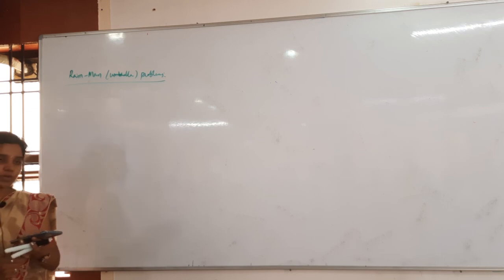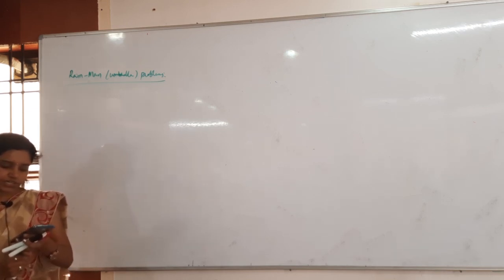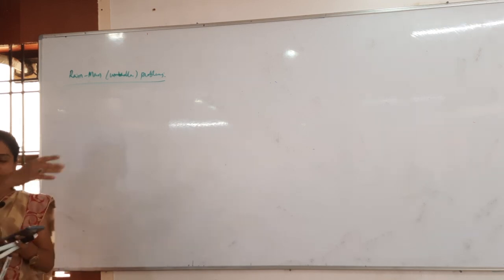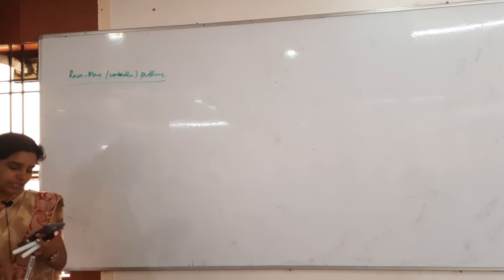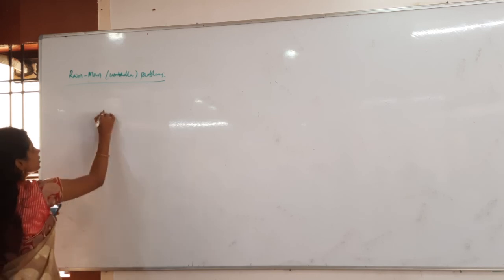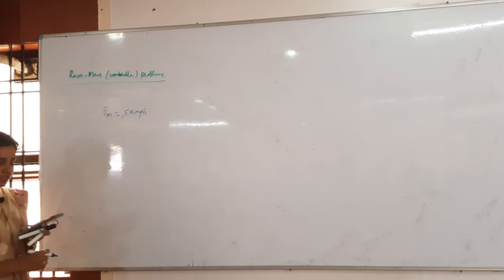See, these are very easy problems if you understand. I will explain this. A man is walking on a straight road. The man is walking obviously on the road only, horizontally he will walk on a straight road in the horizontal direction with the speed of how much? 5 kilometers per hour. Nothing but the velocity of the man is 5 kmph. This is the velocity of the man.